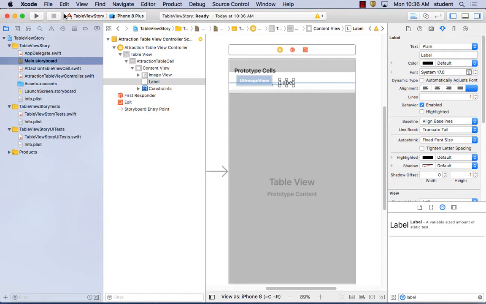Okay, let's add some programming to the objects. So the first thing we want to do is make sure that we connect these new objects that we just made to the programming. So in this case, within the storyboard file, a label and an image were added to the prototype cell, which in turn has been declared an instance of our new attraction table cell class. In order to maintain these user interface objects from within the code, we need to establish two outlets connecting to the objects in the storyboard scene. Begin, therefore, by selecting the image view object, display the assistant editor, and